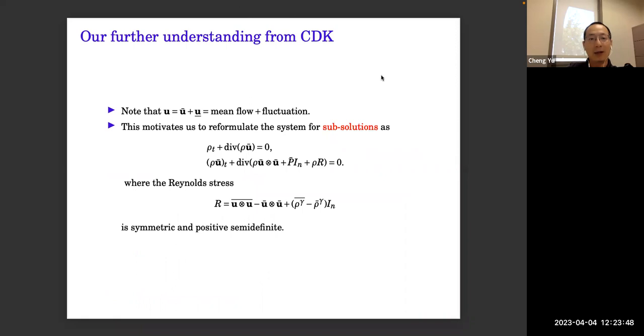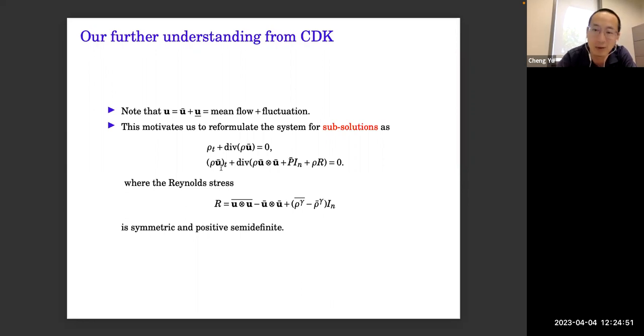Okay, so we can get some viewpoint from this paper. In that paper, they constructed the solution U, which is given by U bar plus underline U, so we can view it as the mean flow plus fluctuation. This motivated us to rewrite the compressible Euler equation as the following one. If we are able to show a solution to this kind of equation, we call this solution a subsolution to the original compressible Euler equations. So if we are able to show a solution to this one, then we get a subsolution. Then we just need to find a suitable